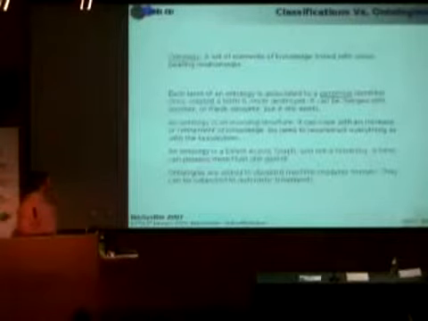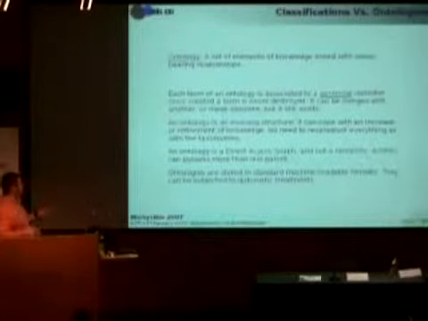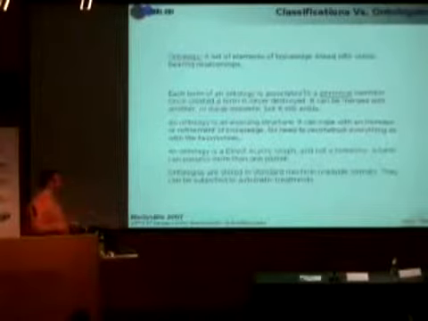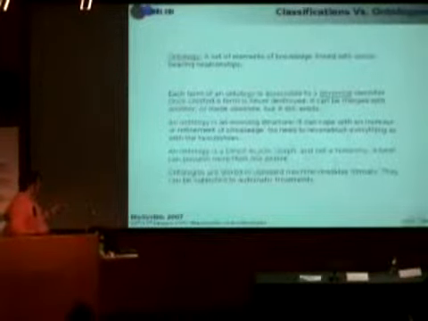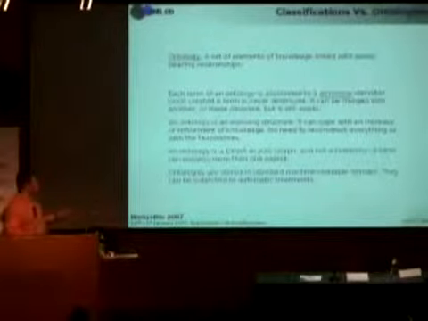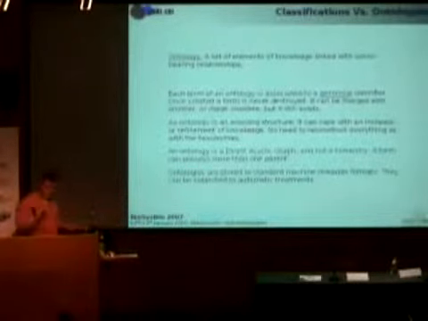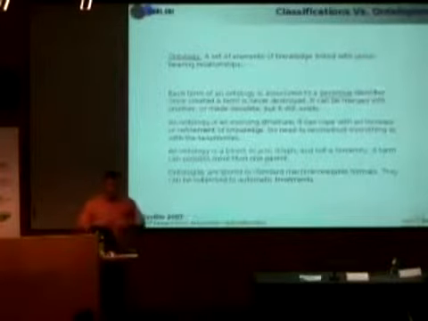So an ontology for today will be a set of elements of knowledge linked with sense-bearing relationship. There are hundreds of definitions of ontology, and I don't even want to enter the debate. The important point here is that each term of an ontology is associated with an identifier that is eternal. It will never disappear. It can become obsolete, but it doesn't disappear. This is very important, of course, because if you annotate a model, you don't want the annotation to become obsolete. And an ontology is an evolving structure, which is very, very good because we're in a domain that expands by the day. And of course, the ontology can be stored in machine-readable format